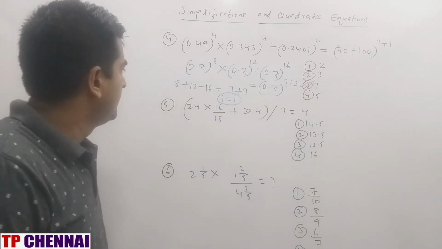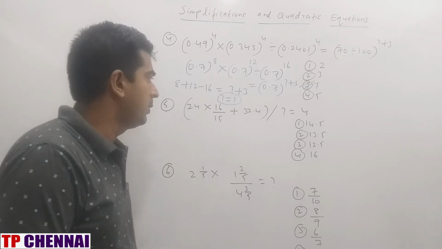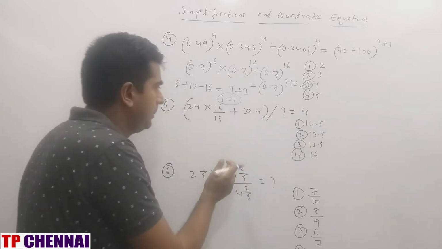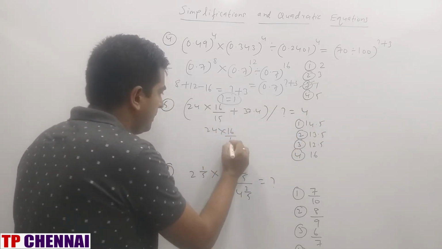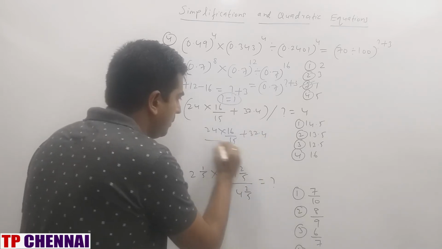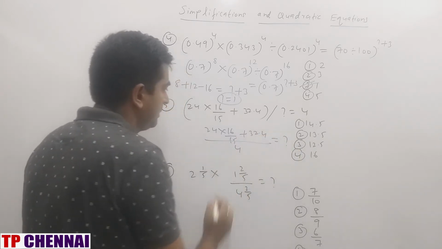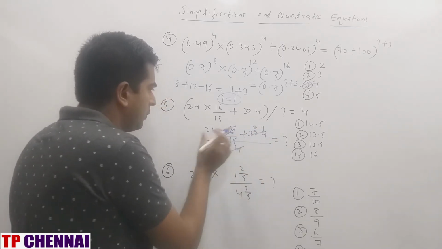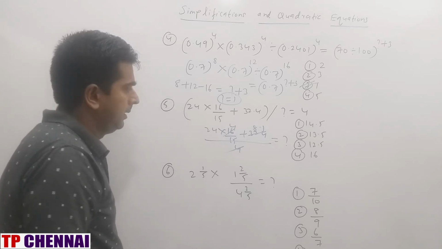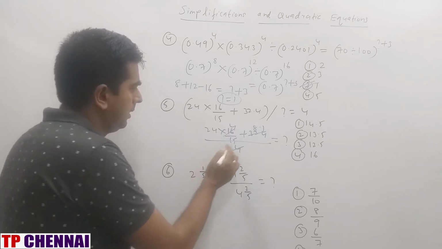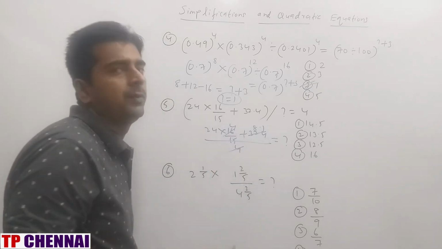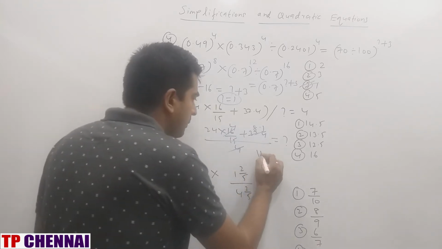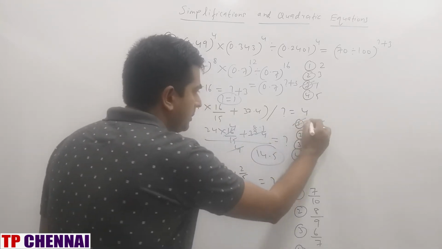Right? Next one, 24 into 16 by 15 plus 32.4 divided by question mark is equal to 4. So divided by question mark will go there and 4 will come here. So 24 into 16 by 15 plus 32.4 divided by 4 is equal to question mark. Cancel everything with 4. 4 4s are 16 and 4 8 is 8.1. 24 into 4 is 96, right? 96 by 15 is how much? 15 6s are 90, 6.4. 6.4 plus 8.1, 14.5. My answer is first option.